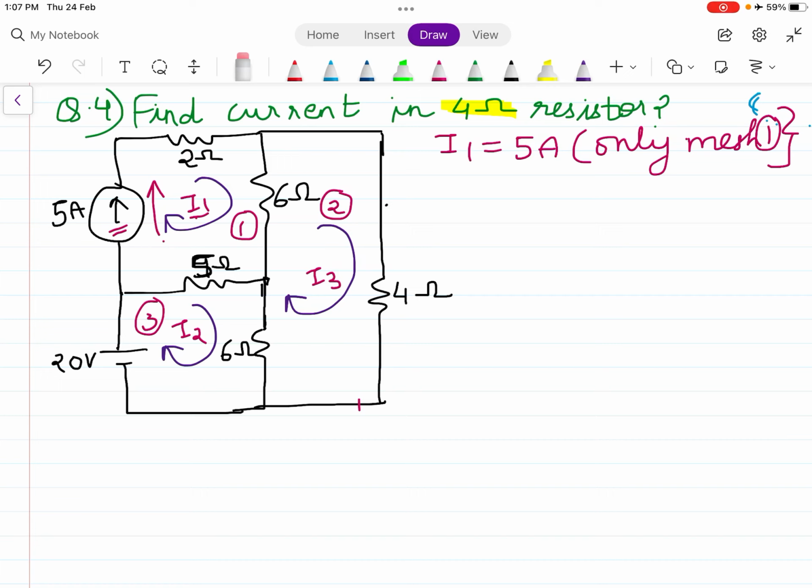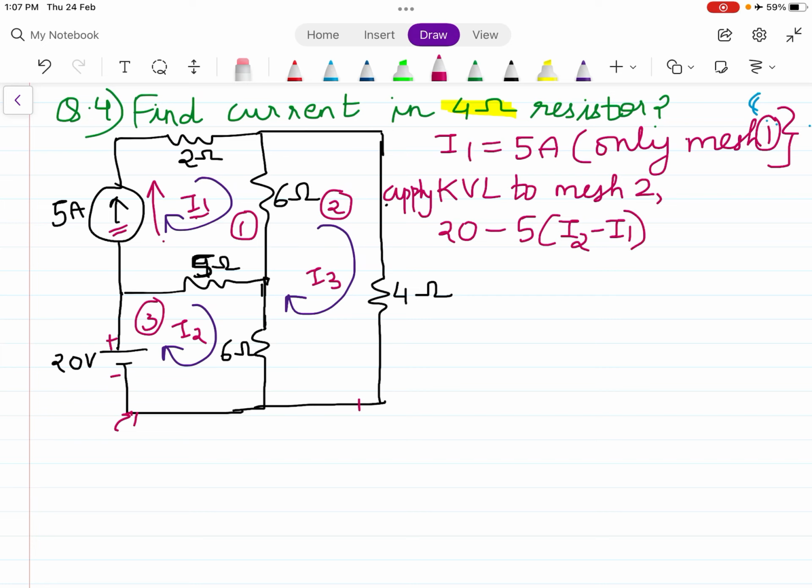Okay, next. I1 is 5 amperes. Now we have to apply KVL to mesh 2. When I apply KVL to mesh number 2, starting from this end in the clockwise direction, I am going from negative to positive, so plus 20. Then voltage is always a voltage drop, so minus 5. I am applying it to mesh 2, so I2 is greater, so I2 minus I1. Then this will be minus 6, I2 minus I3